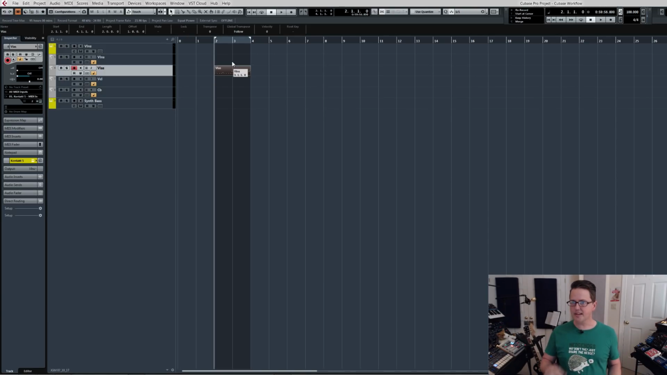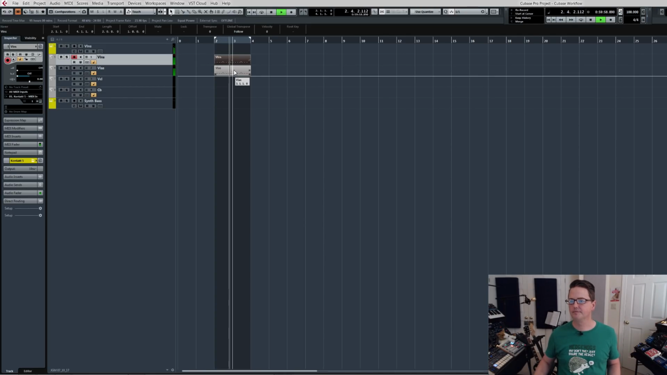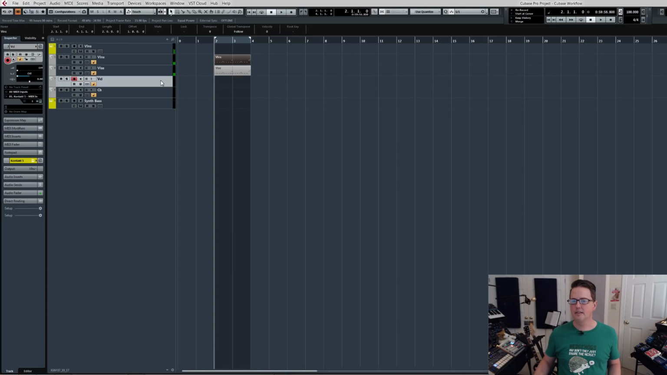So, what I'm thinking about doing is figuring out a way to layer these so that that's kind of the beginning of the file. And just to make things a little different, we'll put that up an octave. And then let's just do some sort of